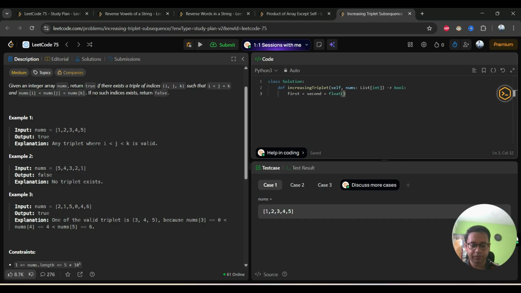So let's say we initiate it at infinity. Now for n in nums, if n is less than or equal to first, we assign first as n. Okay, else if n is less than or equal to second, then we assign second as n. So we have got our first smallest and the second smallest. Else if we ever get any number that is bigger than these two, we are gonna return true. If it's not the case, then we would return